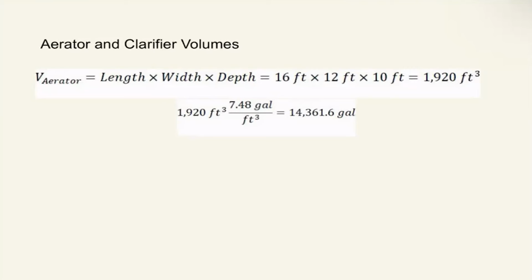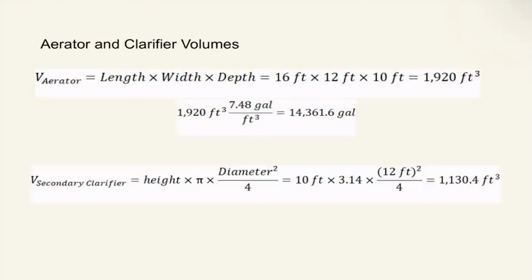14,361.6 gallons. Then we're going to go ahead and do the same thing with our secondary clarifier, which if you remember, the volume of a secondary clarifier is equal to a cylinder, which is the height times pi times the term of the diameter squared over 4. And this is equal, if you remember, the height was 10 feet. We're going to use 3.14 for pi, and our diameter is 12 feet. So when we plug that in, we're going to equal